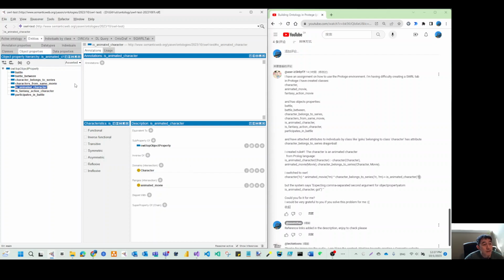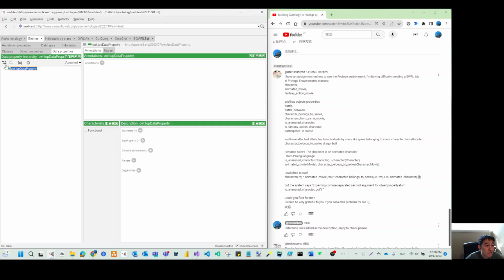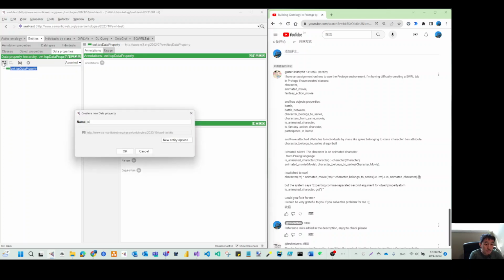So another suggestion: since the result is yes or no, it is better to define this as a data property. So let's try. Is any character.